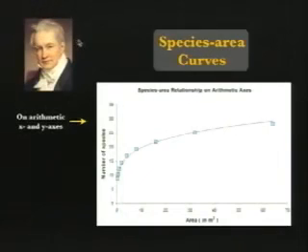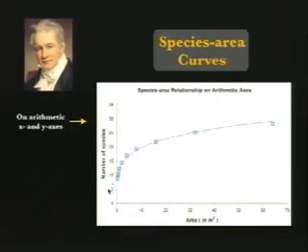Our old friend Alexander von Humboldt was one of the first to talk about the relationship between land area and species richness. The father of biogeography, if you want. What's come to be known as the species area curve was this relationship that he discussed in his travels. Remember, he's the one that traveled so widely and influenced Darwin. He noticed that larger areas of land tend to have more species, and over time it became realized that there was a mathematically formal relationship, often repeatedly observed, between land area and richness of this nature.